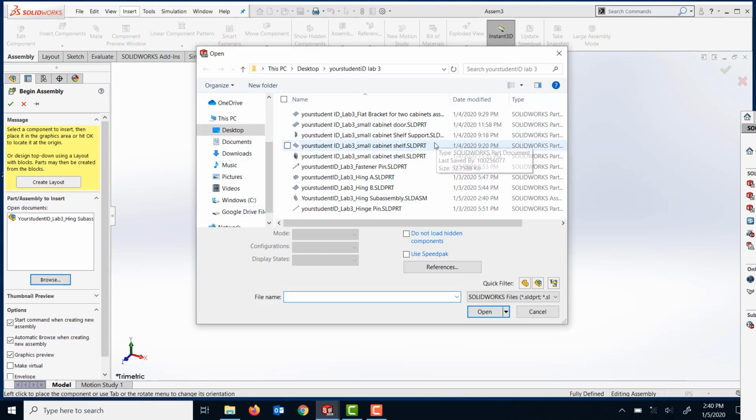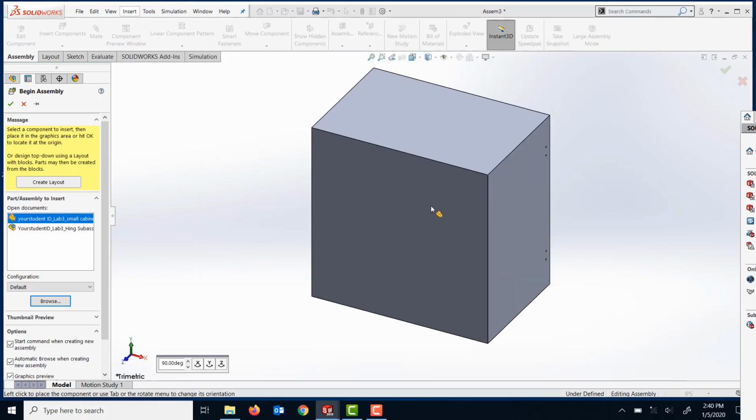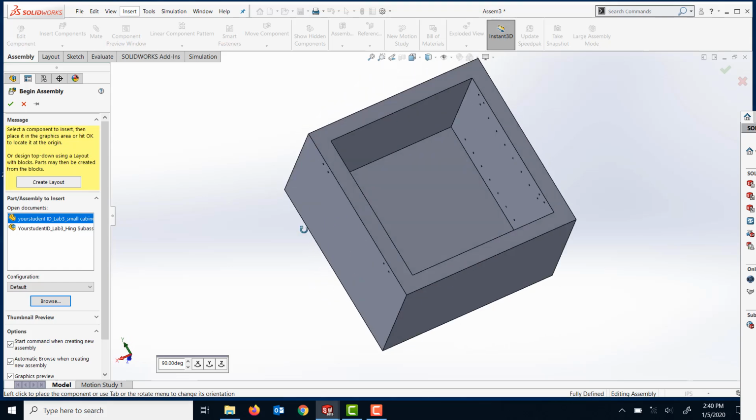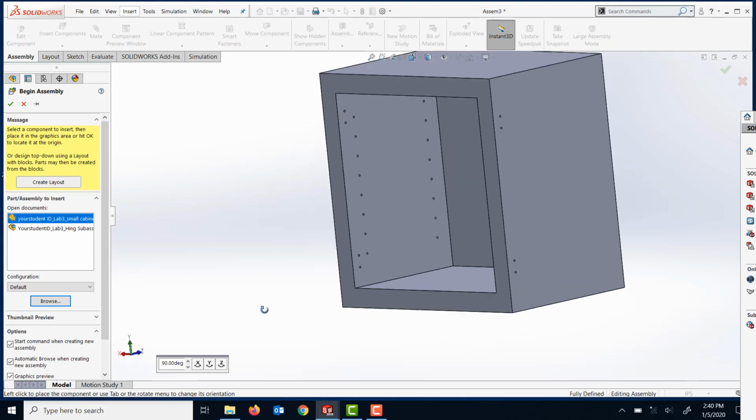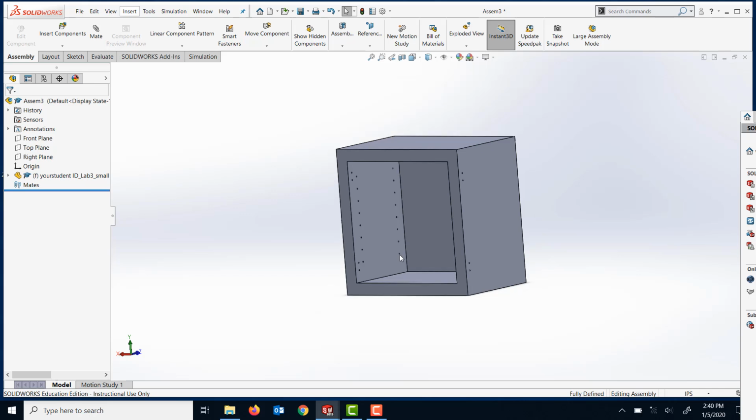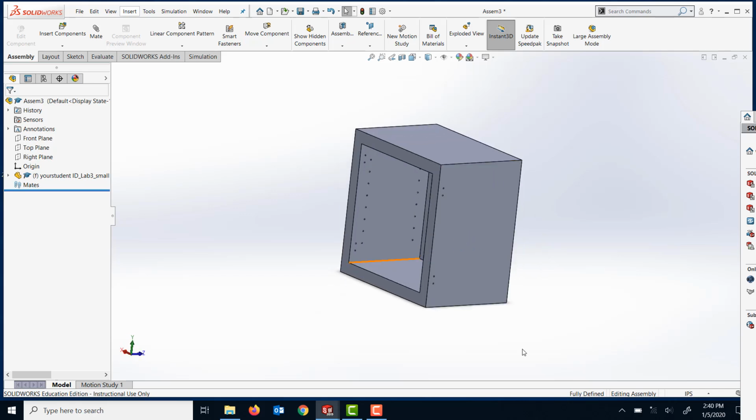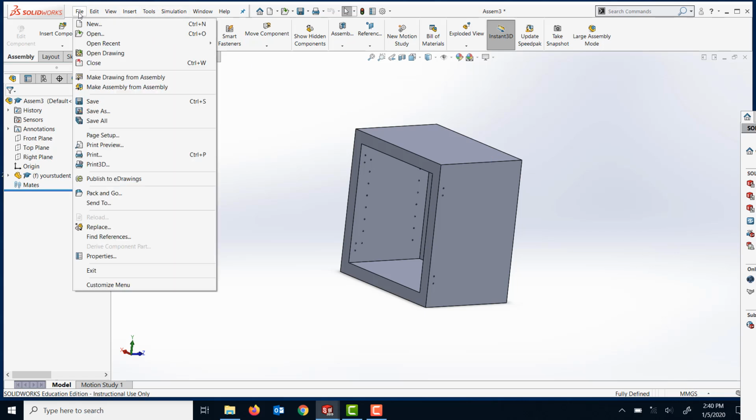I'm gonna bring in the small cabinet shell, and I'm gonna bring it in here, and I'm gonna rotate it right there, and I'm gonna drop it there. So that's the cabinet shell. I'm gonna set it following the lab naming conventions, and also the units. I'm gonna set the units as MMGS, and I'm gonna save this assembly as,